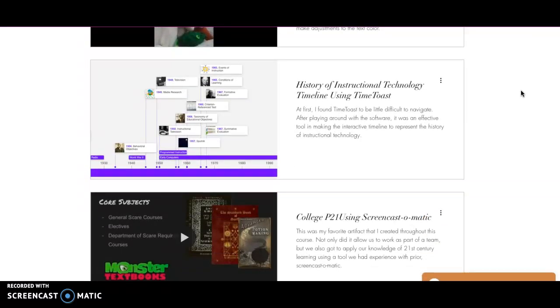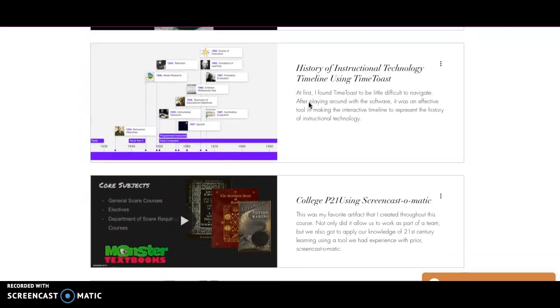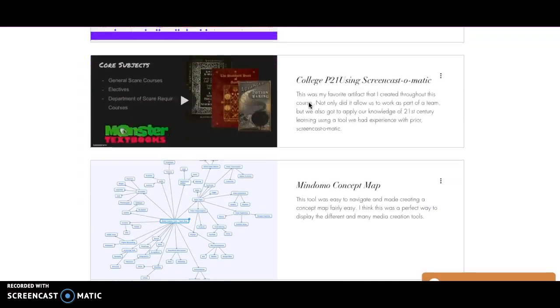The TimeToast timeline that I used to create the history of instructional technology actually became very useful because I was able to use this timeline software in another project in one of my other courses. My favorite project of this semester was the College P21 project that we did because we also got to work with our teammates on this, and I think it was a very fun and unique